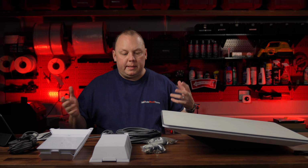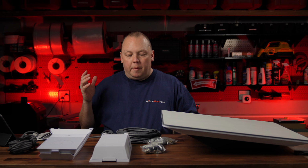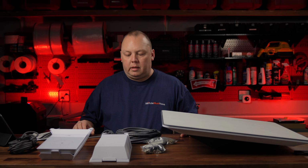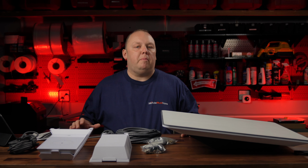In terms of performance and what I think about the dish after using it for a couple months, it's one of the best performing satellite internet solutions I've ever used. I think everybody knows that. I think that Starlink has done a great job of coming up with an amazing solution with